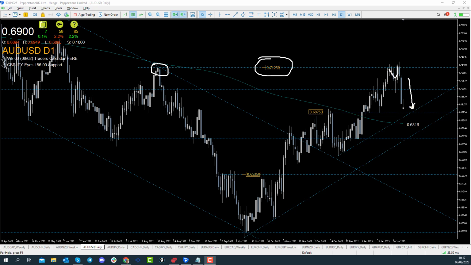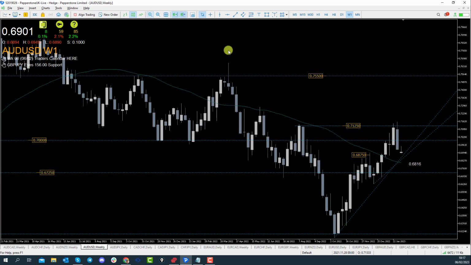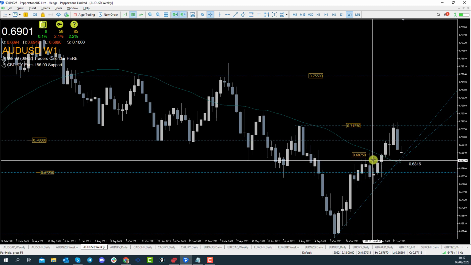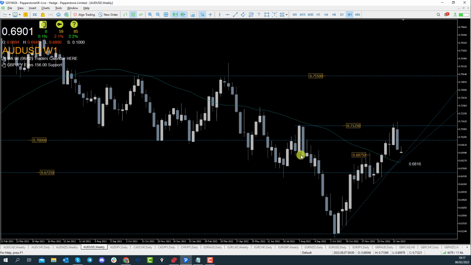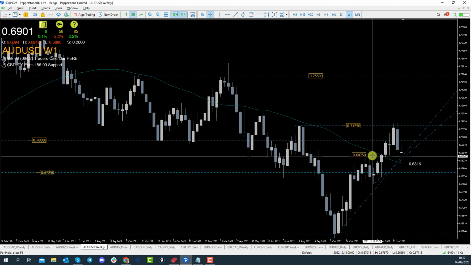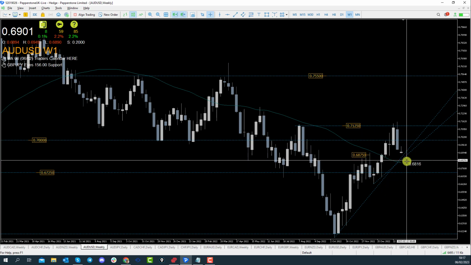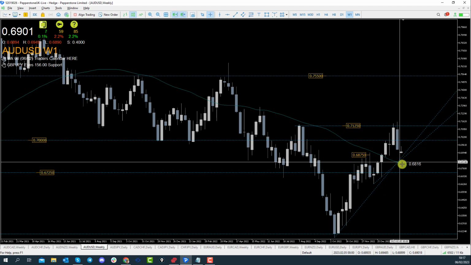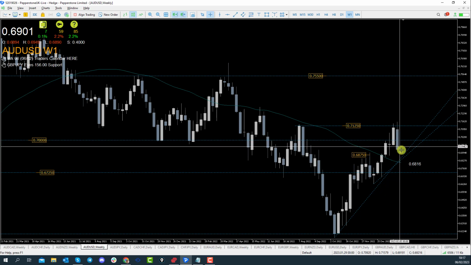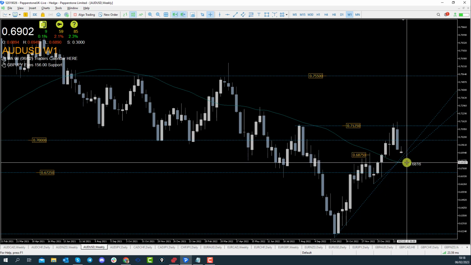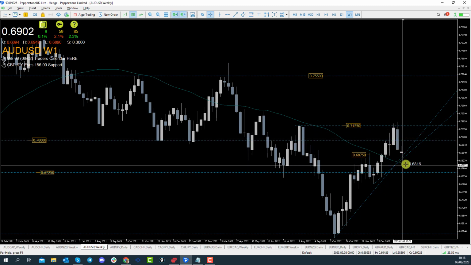On a weekly time frame, if I just zoom in a little bit, you can see that the 0.6875 comes into contact with previous weekly highs. So we could be coming into an area of support here. You can see I've got multiple trend lines here as well that intersect around the 0.6875 down to where the 200 moving average is, around the 0.68 handle. So in and around this 75 pip zone could be where price does find a little bit of support,